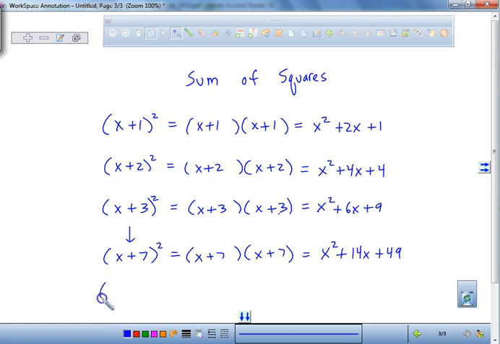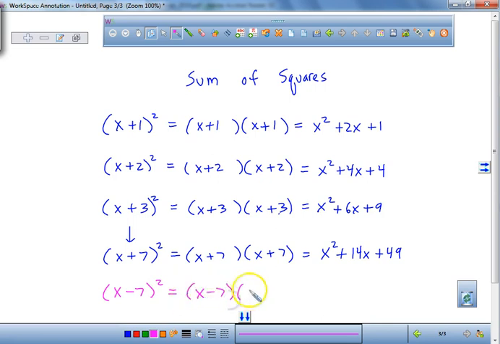Now, watch this. I'm going to show you one thing that's going to make it a little bit trickier. I wonder if this works with negatives. It totally does. Watch this. I'm going to do x minus 7 squared. So you guys see, it's still going to be x minus 7 times x minus 7. Now, pay close attention to the question. What is a negative 7 plus a negative 7? Negative 14. Good. Well, what's a negative 7 times a negative 7? Positive